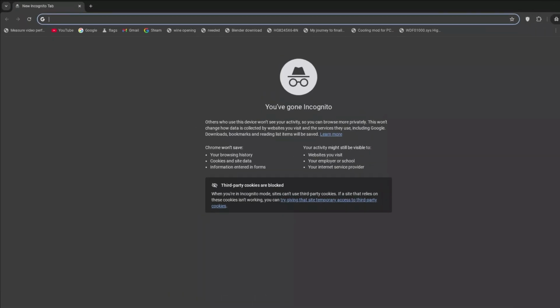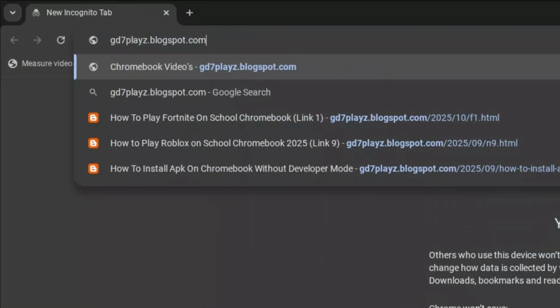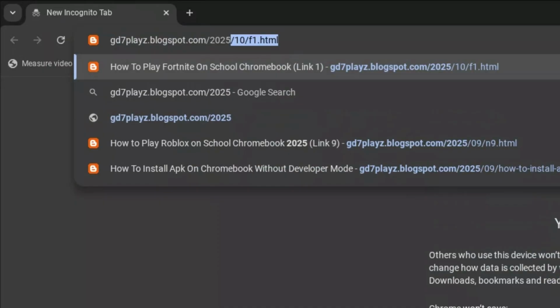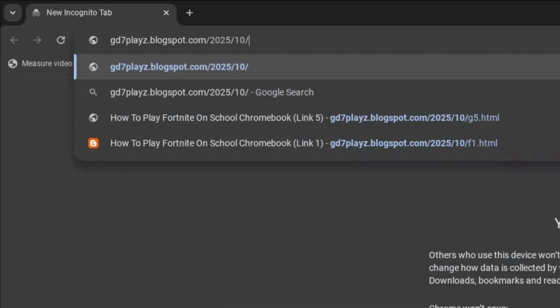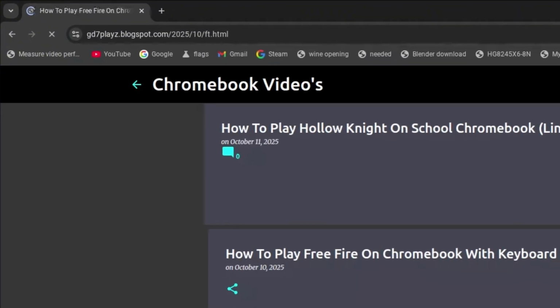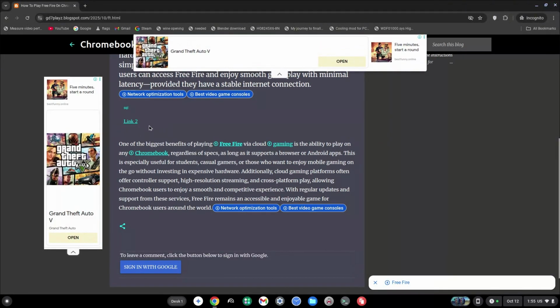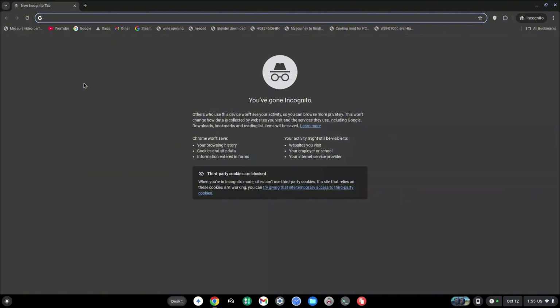Now, the second link to try out is gd7plays.blogspot.com/2025, another forward slash 10, and then the last forward slash, and then this time around you want to go and type ft.html and then hit enter once again. Now, once here again, go ahead and try out link 2 and let me know if link 2 worked best for you. Now, the third link to try out is